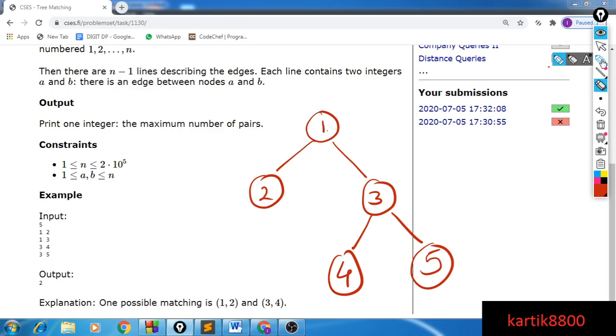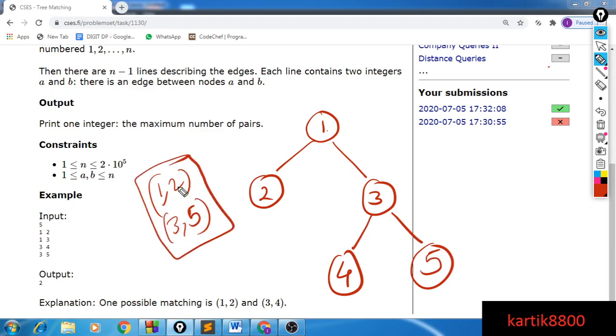So the idea is if you select an edge that connects two nodes u and v, you can no longer select any other edge which has the endpoint either u or v. So in this example, you can select the edge 1 comma 2 and then you can select either the edge 3 4 or the edge 3 5. So let's say I select 3 and 5. This is called a matching and the number of edges in this matching is equal to 2, right? No matter what kind of edges I try out, I cannot select more than 2 edges, okay?